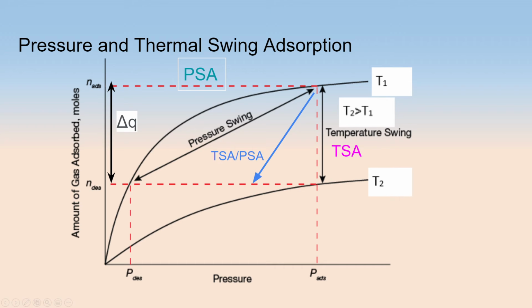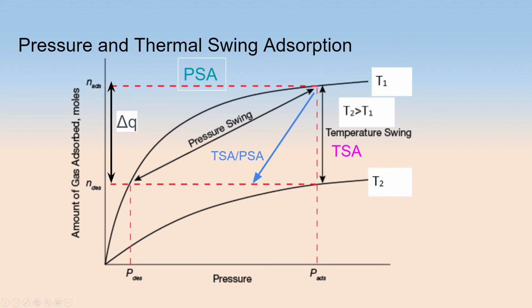we need to change the loading on the adsorbent. We express the difference of loading as delta Q, in moles adsorbate per kilogram adsorbent. The figure shows the isotherm at temperature T1. If we change the pressure at constant temperature T1 and just follow the isotherm down, as we know physically, there is less adsorption at lower pressure. By this feature, we can achieve the purpose of desorption, and that is essentially the principle of pressure swing adsorption,